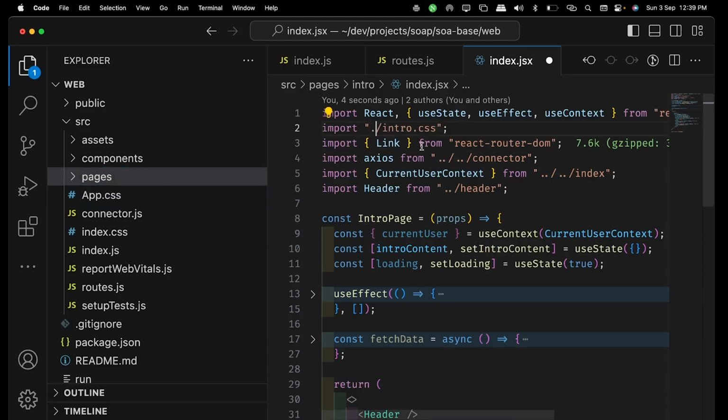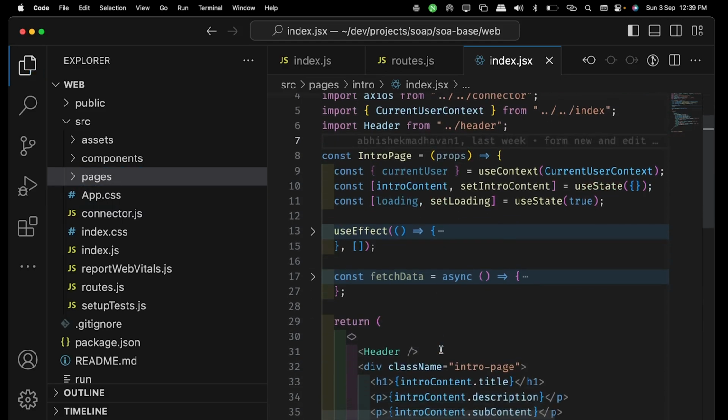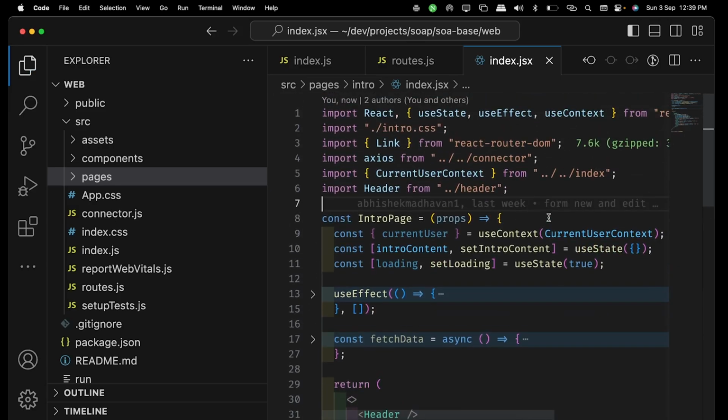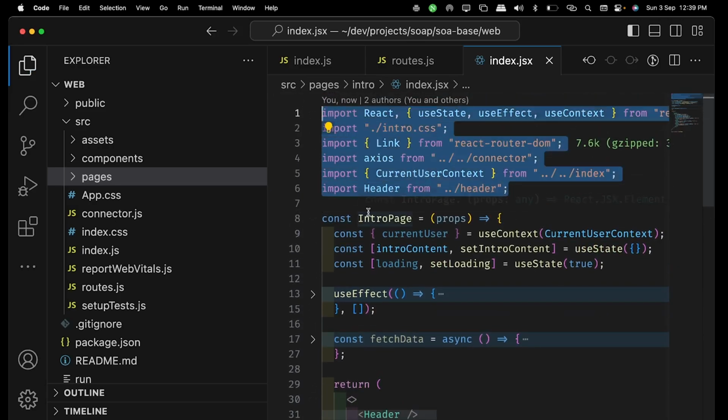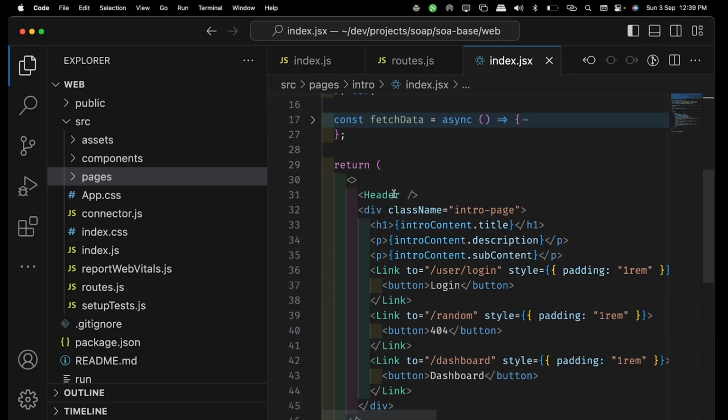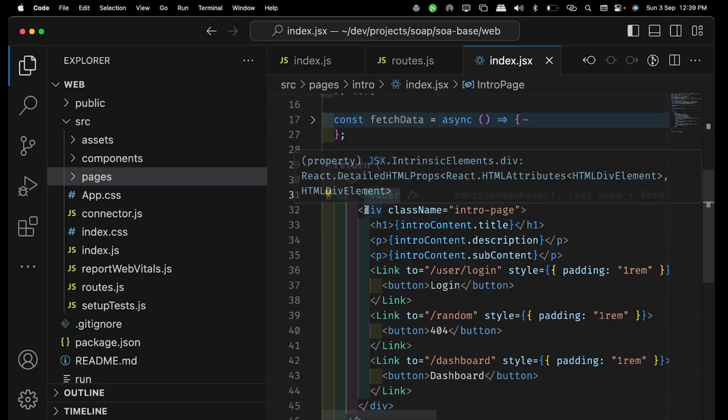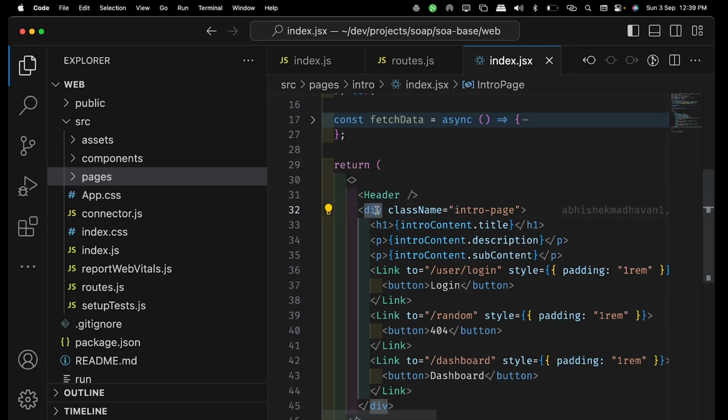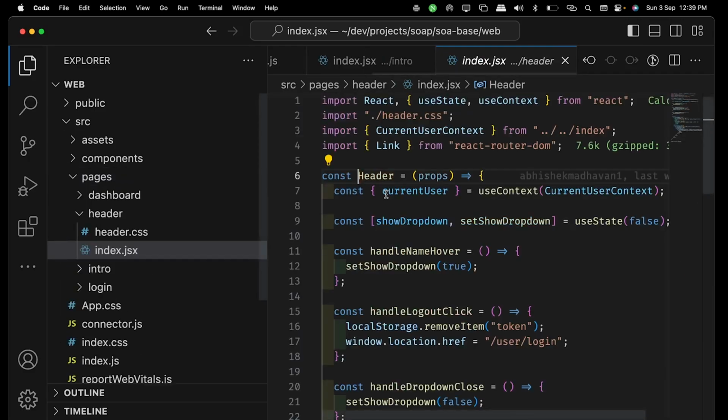Okay, I'll just try to undo it. Yeah, good to go. So any doubt so far on the import side? No, sir. Okay. So now how will you call the component? Just like one of the tags. A simple HTML tag is always in lowercase or hyphen case. For a component, we will keep it in Pascal case most of the time. Okay, if I go back to header,